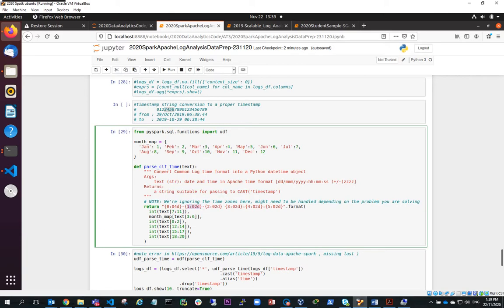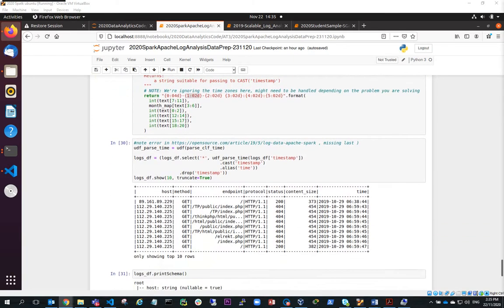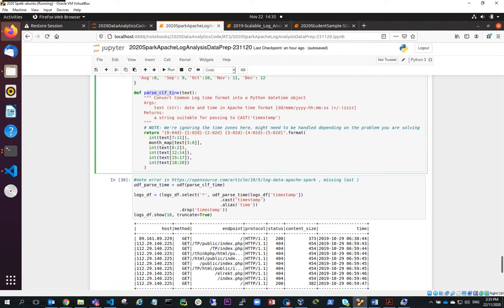And similarly, this goes right through, and it will then return a time in this format, which we can then convert into a proper timestamp. Finally, you can see what we're doing here is we're going to call parse time,